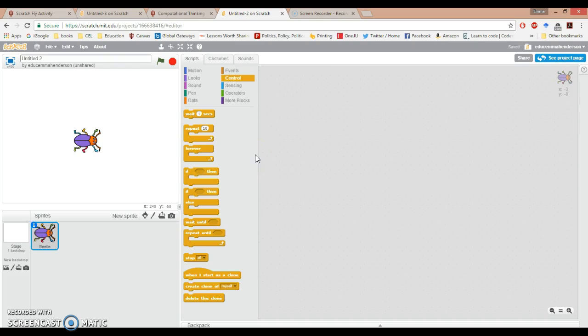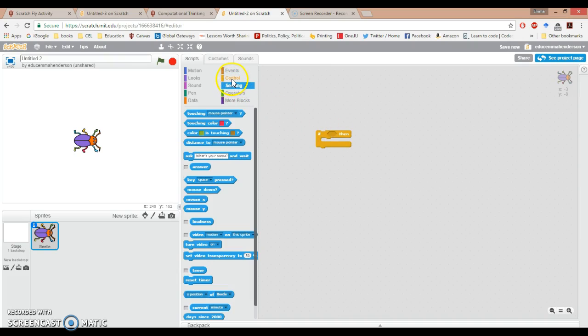So we're going to focus on the conditional statement aspect of that, which is if something happens, then something else is going to happen. I will revisit this in a minute, but you'll notice in this if-then statement, we have this blank here. So I'm going to say if, let's see, if I go to sensing, if this sprite is touching the mouse pointer. There are a whole bunch of options you can drop down, and there are other options you can use as you get better. But I'm going to say if this sprite is touching my mouse, then